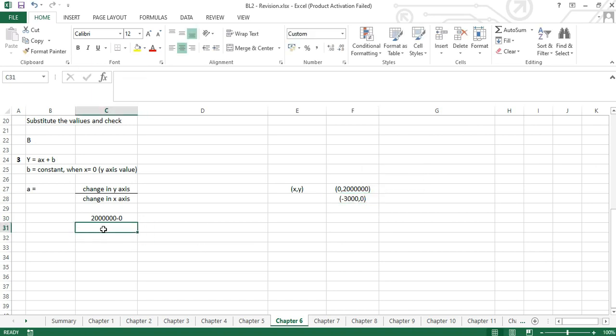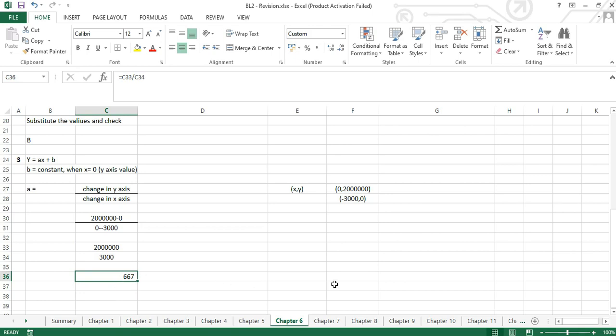And the change in y-axis is from 0 to minus 3000. You never put simply minus; you minus and minus the 3000. So that minus minus becomes plus. So you will get 2 million divided by 3000, which is equal to